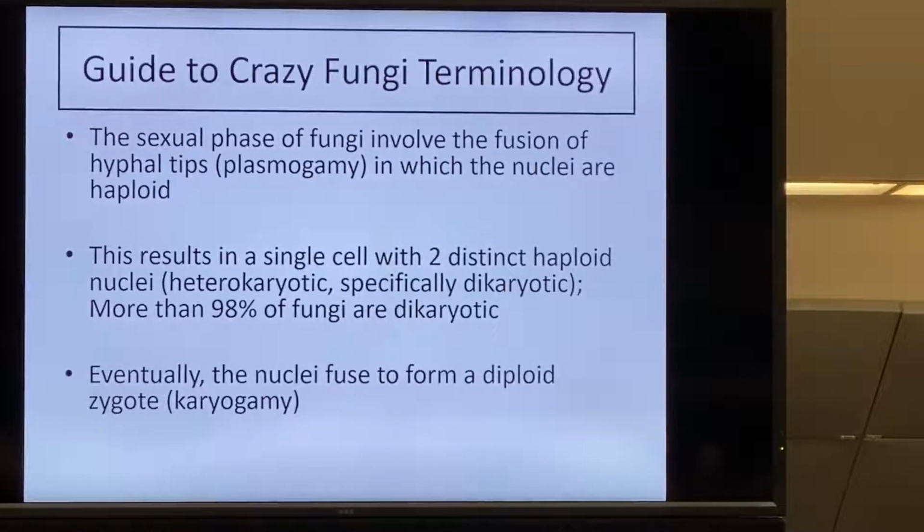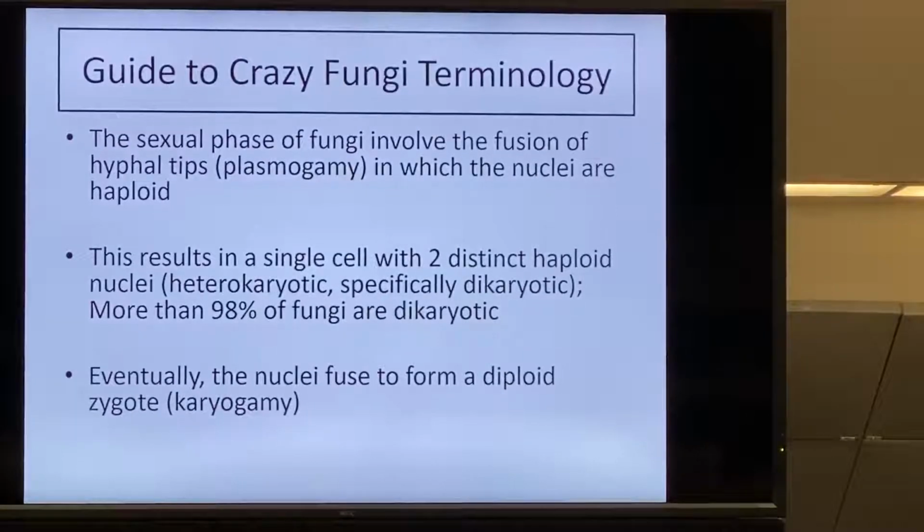One big thing here that Dr. Brewer is going to talk about in a minute is these dikaryotic fungi. One thing that I think is good to note here is this idea of a single cell that's got two distinct haploid nuclei. And with some of these you can even see where the wording comes from. I'm not as good with my groups as you are, but for example, plasmogamy up here is the fusion of hyphal tips in which the nuclei are haploid. So fusion, thinking about plasma and cytoplasm together. Hopefully that makes sense. That's how you want to look at some of these.